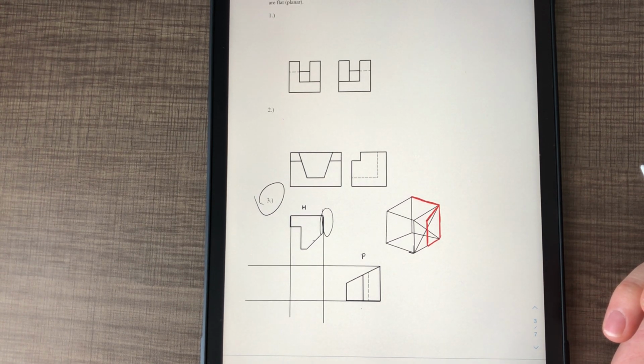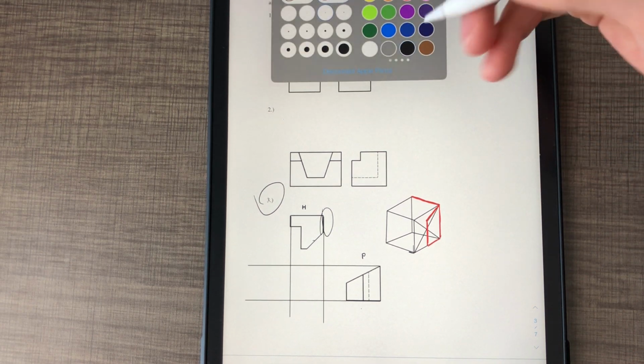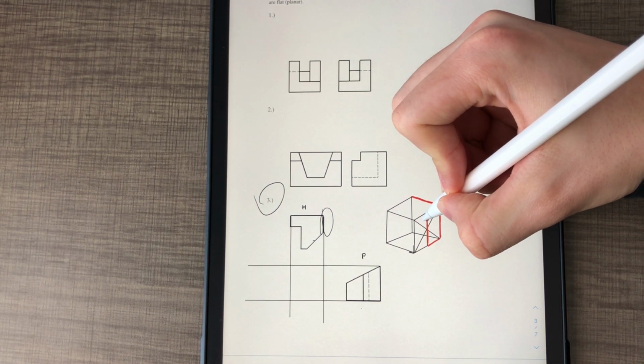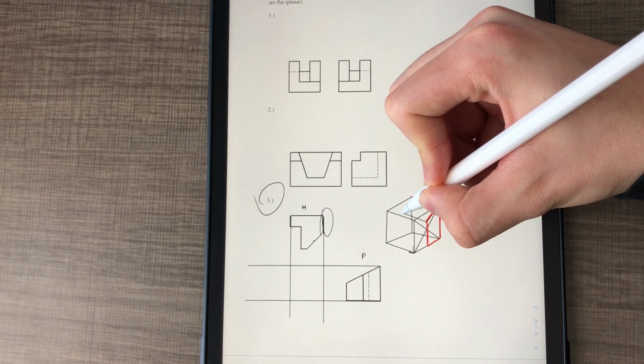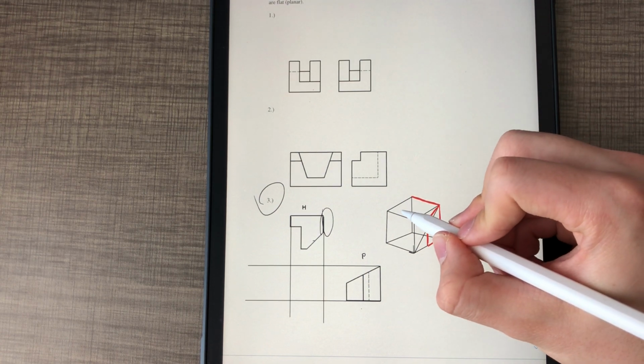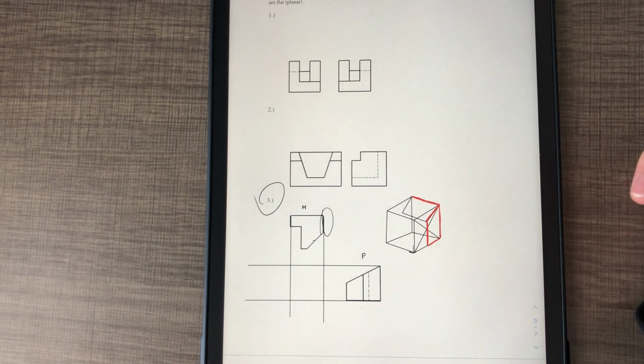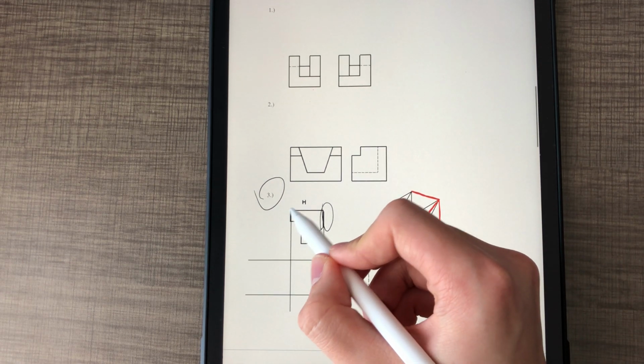There are a couple ways I can do this, but the way I'm going to do it right now is first I'm going to take a construction line and bring it across parallel. So I can define this plane that I'm looking at, this angled plane. And I'll do my best to make it parallel. This dimension